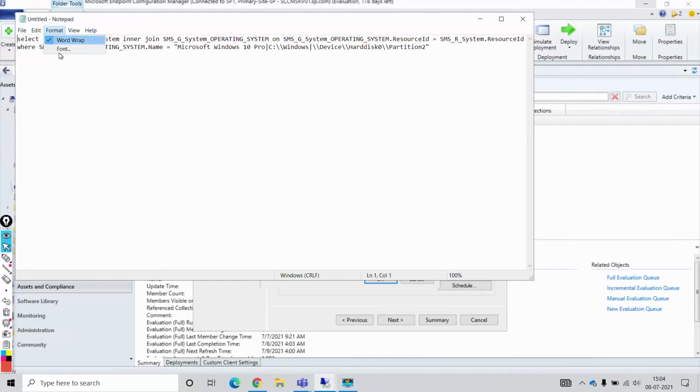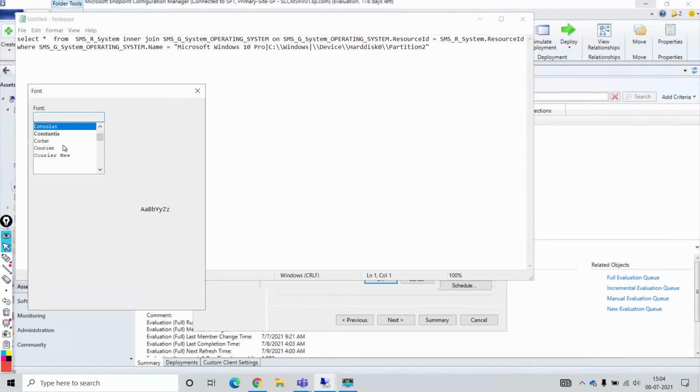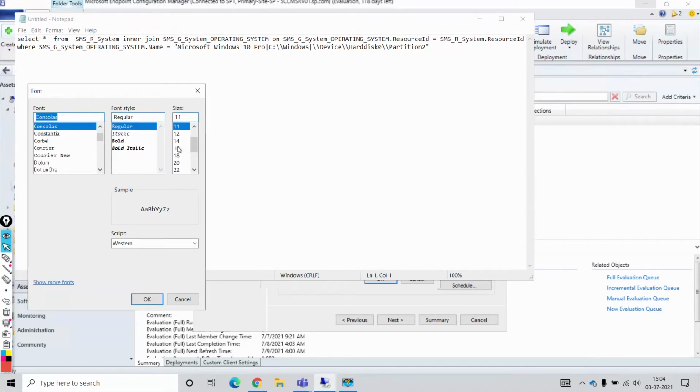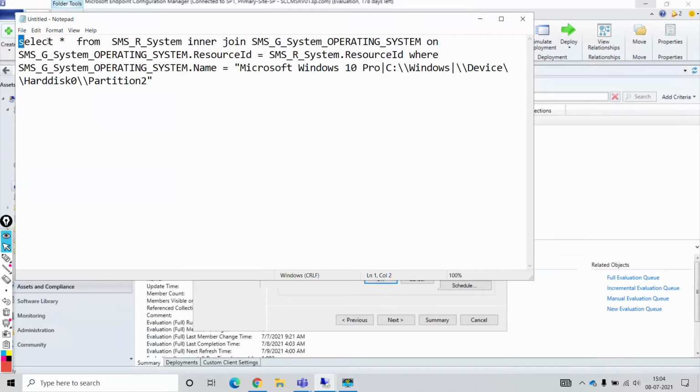I'll raise the font size also. Right, so what it's doing, it is selecting from all, right?